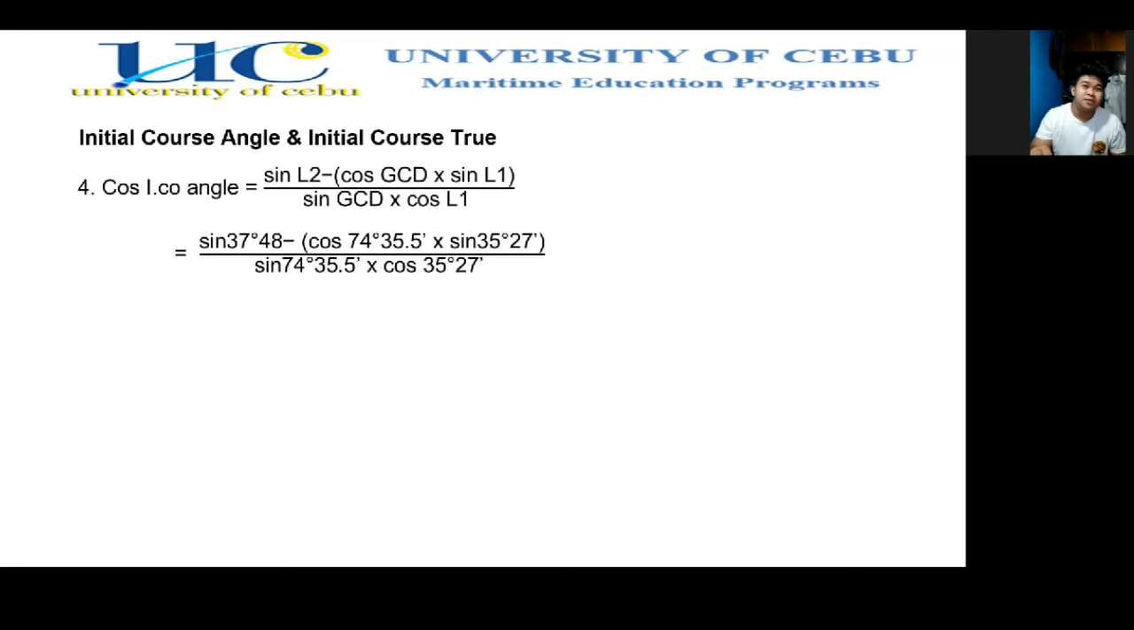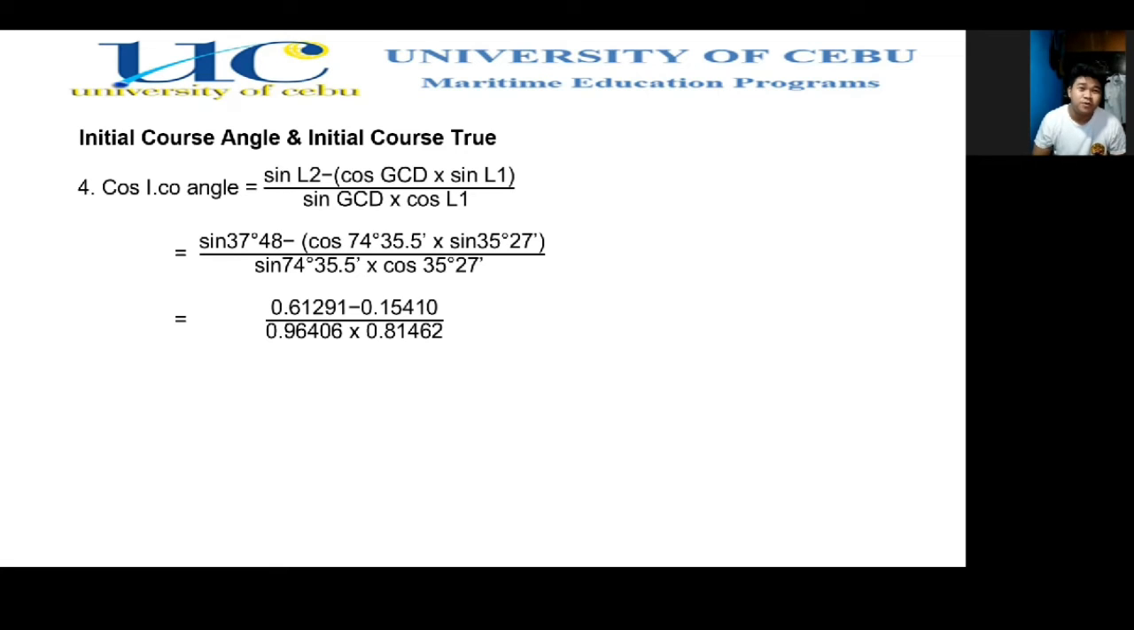The first step is substituting the values. So sine 37 degrees 48 minutes minus the product of cosine 74 degrees 35.5 minutes times sine 35 degrees 27 minutes, over sine 74 degrees 35.5 minutes times cosine 35 degrees 27 minutes. After calculating the operations on the formula, we can get